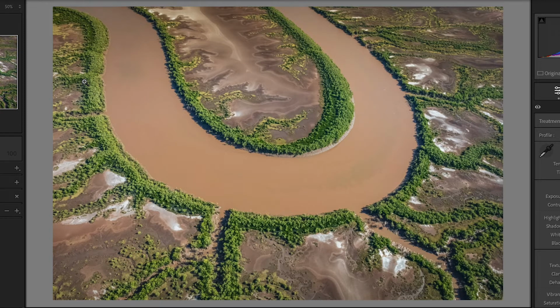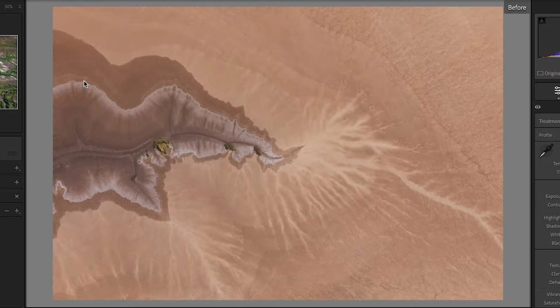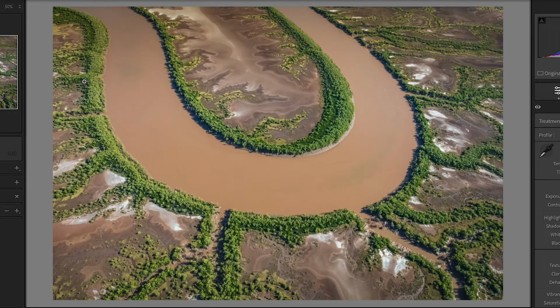Here we've got the nice horseshoe of the river with all of the mangroves going outwards from it. Again, just some quick changes before and after. All right,